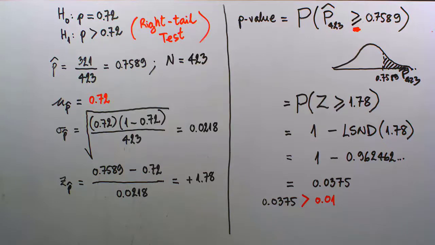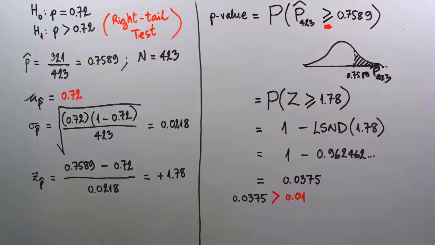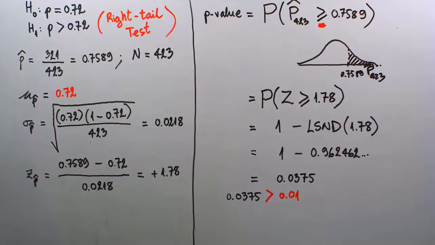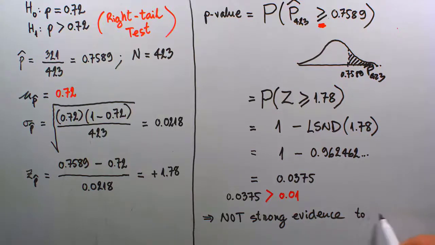So here, unlike the previous two examples we have done, we have our p-value exceeding our significance level. So here's how we make our final conclusion. Our sample is not strong evidence, it cannot be used as strong evidence to reject our H sub 0 statement, or to support